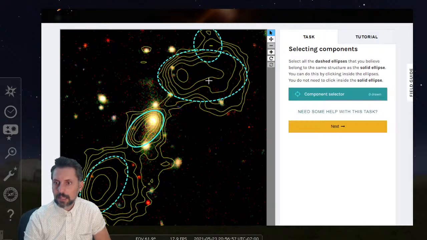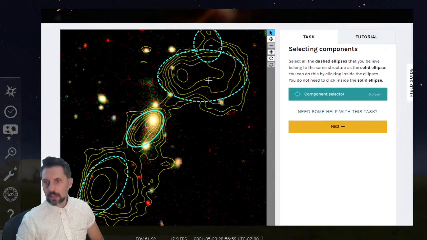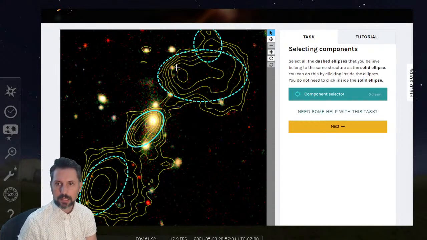Clicking inside the ellipse, you don't have to click inside the solid ellipse. Select the ones that are along the same structure as the solid ellipse. Select all the dashed ellipses with the same structure. So this one and this one, I think. So if we do this and this and this, component selector, 3 components. Yes. If I click next,